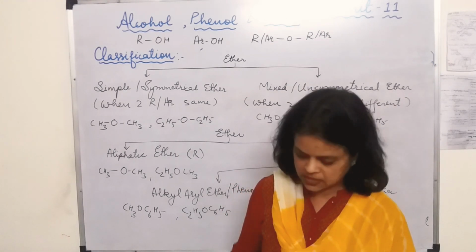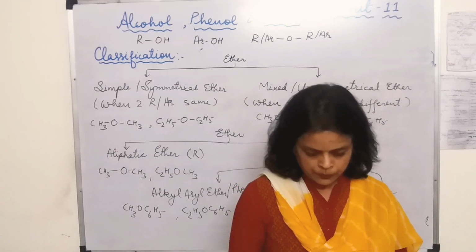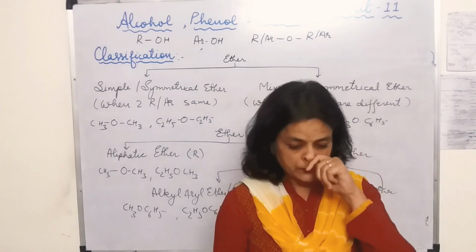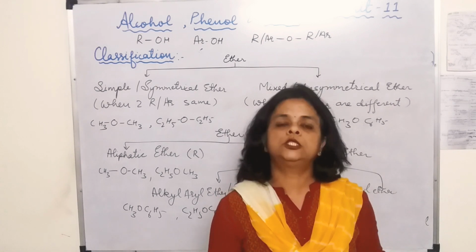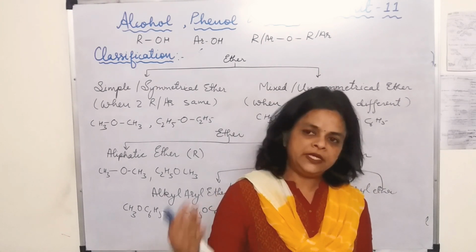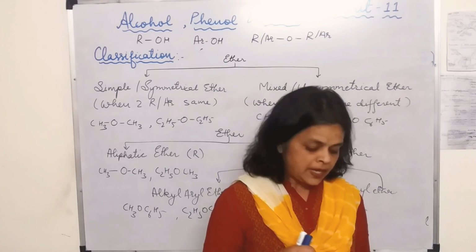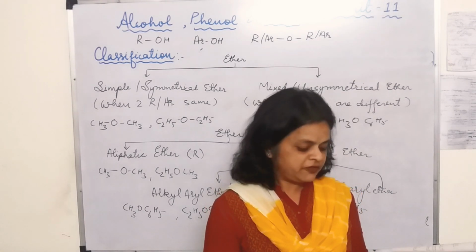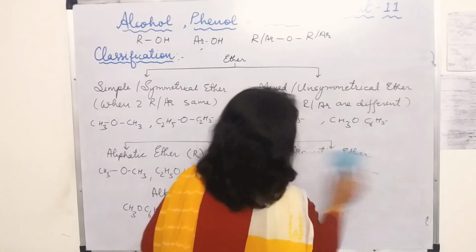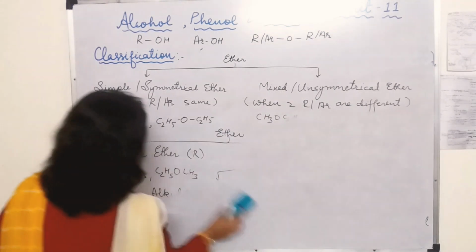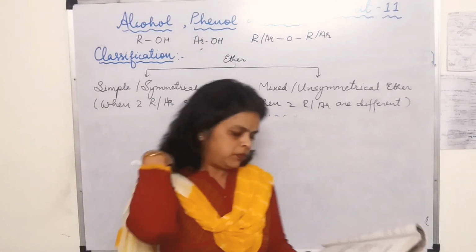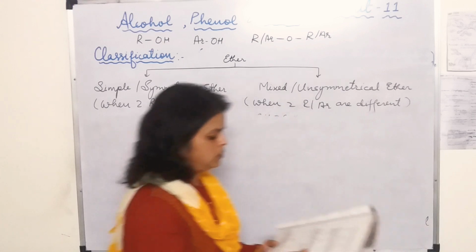One question I will discuss with you, given in our textbook, page number 317, question 11.1. Classify the following as primary, secondary and tertiary alcohol. They have given us different types of structures, and here we have to identify what type of alcohol they are. And in the second part they are asking us to identify the allylic alcohol. I'll just draw one example over here and let's try to find out what type of alcohol it is.